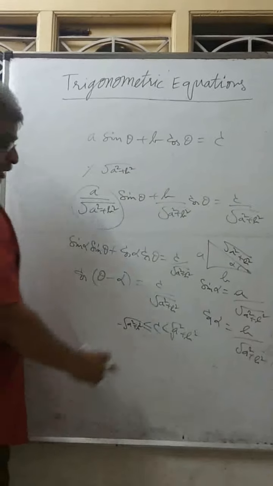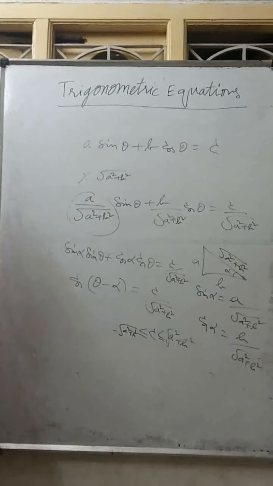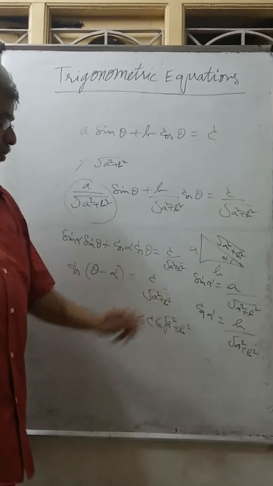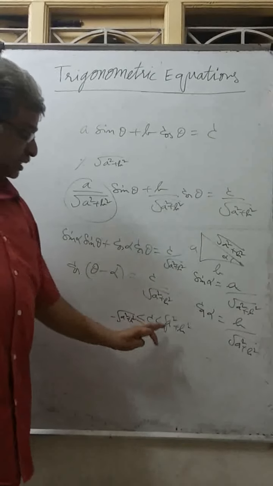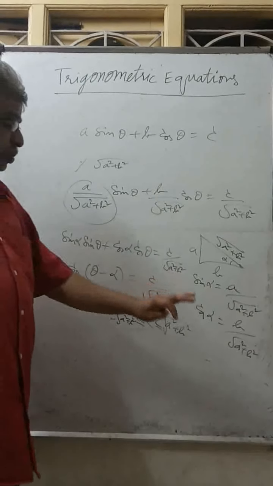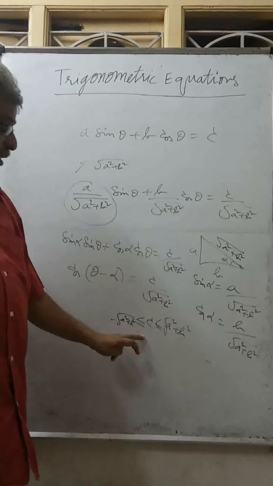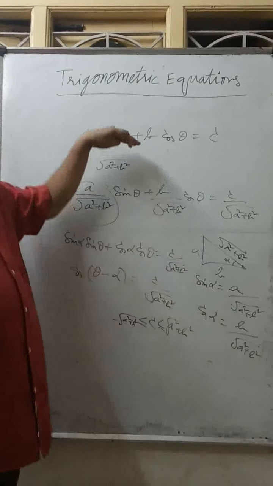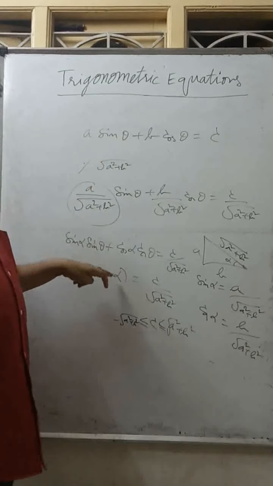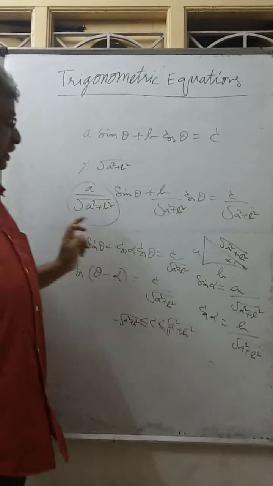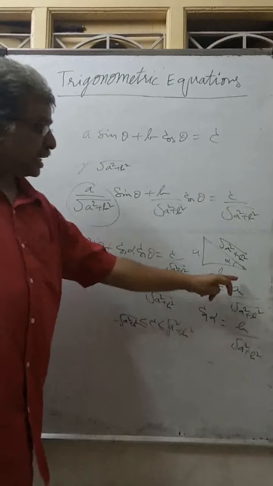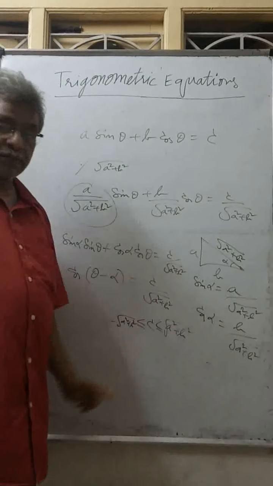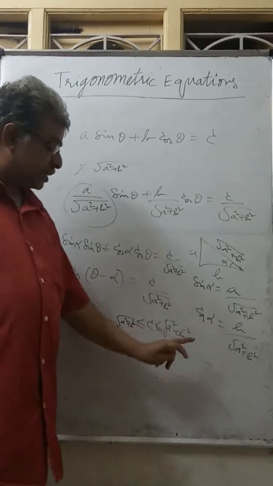Here c must lie between minus root of a square plus b square to plus root of a square plus b square, because this whole value, this is some cos theta, always lies between minus 1 to plus 1. So like this you will get. If c is beyond this, there is no solution for the equation, first and foremost thing. C must always lie between these two. If it is not in between these two, then there is no solution for this type of equation because it should be either cos theta or sin theta. If I take this b by, then you will get sin of theta plus alpha. If you take a by, then you will get cos of theta minus alpha. Sin theta, cos theta, both lie between minus 1 to plus 1 only.